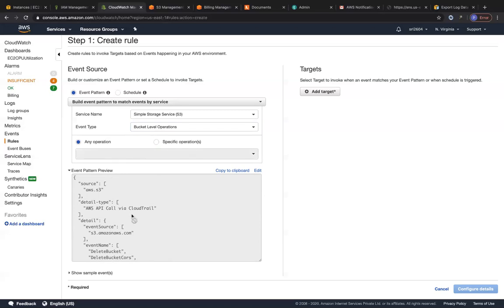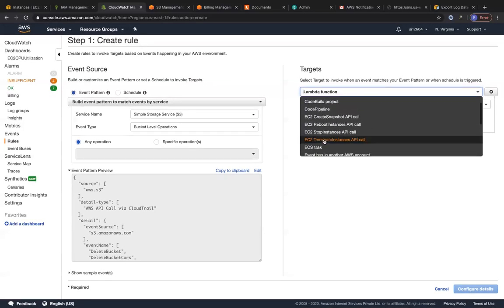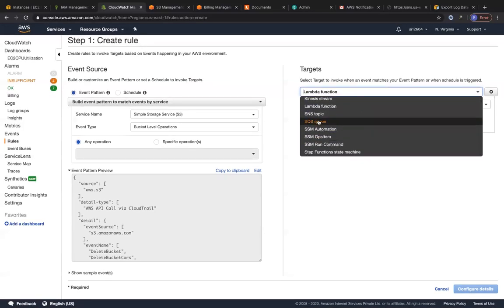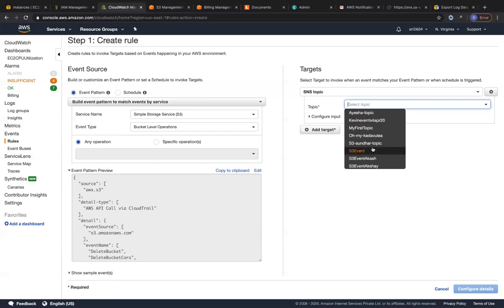If this event pattern occurs, how would you like to respond to it? You can choose to go with the target. These targets are Lambda functions, SNS topic, SQS queue, and so on, and other things that we haven't totally studied about. But something that we have studied about is SNS topic. So we are going to go with SNS topic, and you can see the SNS topic over here. There are so many SNS topics in this region, but my billing alarm was one SNS topic that I created. So let me choose my billing alarm over here, wherein my email address was one of the destinations.